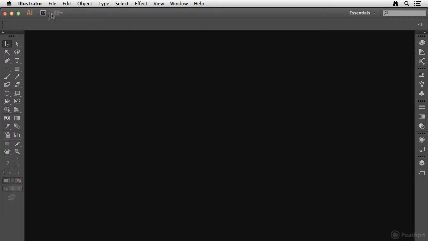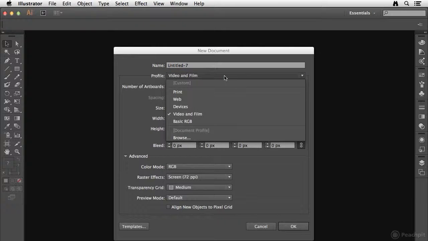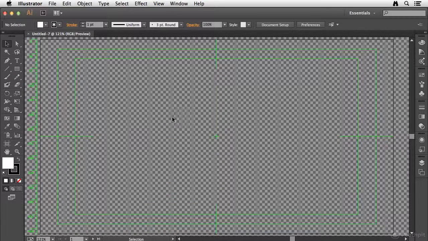I'm going to go to the File menu, and I'm going to choose New from the drop-down list. And you'll notice that in the Profile drop-down menu, Illustrator provides you with about 5 common profiles that you may want to use. So for example, if I choose Video and Film and click OK, you can see that Illustrator provides me with some common guides, some center marks, a center mark in the middle, and a grid-based background. Now, I'm going to close that,